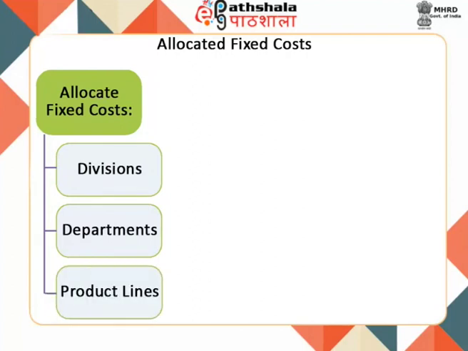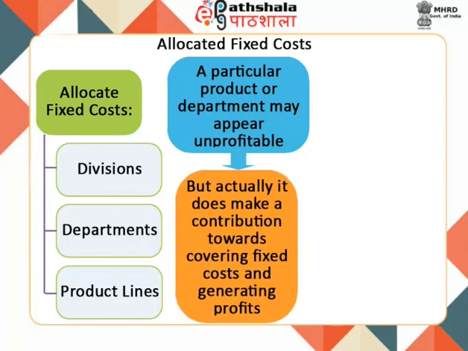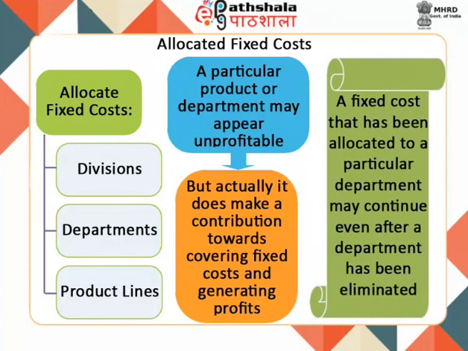It is possible that a particular product or department may appear unprofitable, but actually it does make a contribution towards covering fixed costs and generating profits. Therefore, before deciding to eliminate a department, it must be asked which cost will be avoided if a particular alternative is selected. A fixed cost that has been allocated to a particular department may continue even after a department has